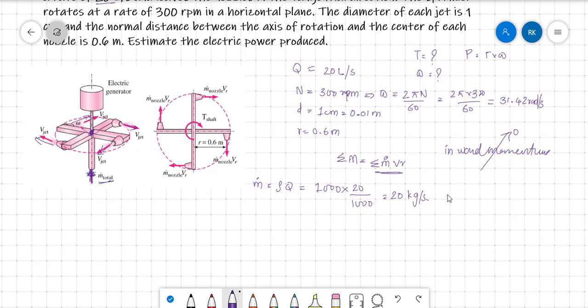And what is the velocity? With what velocity is it coming outside with respect to the nozzle? Sorry, that is v jet. Jet velocity: we know that discharge is equal to A into V. So velocity of jet will be discharge by area. So discharge is 20 liter per second